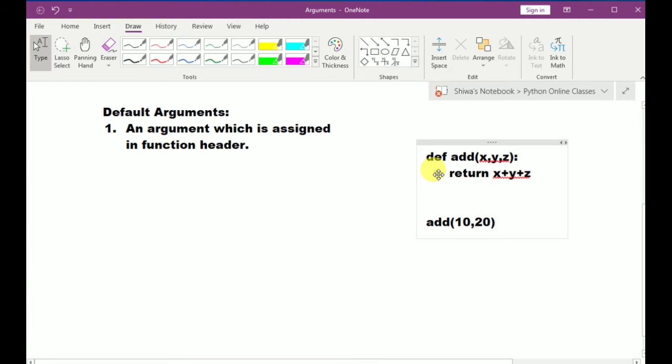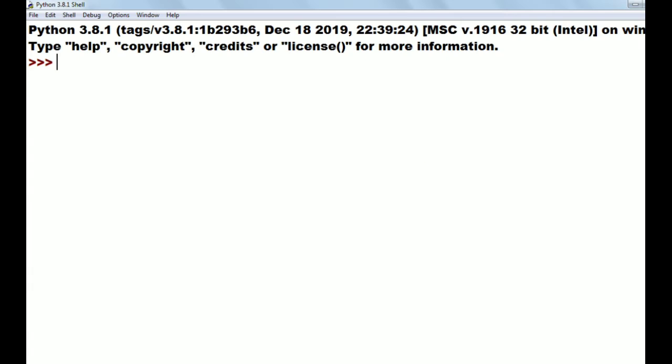Check it in Python. I am copying this and opening the Python screen here, and pasting the code. The function name is add. I call add of, first value 10, second value 20. Here we have to pass how many values?